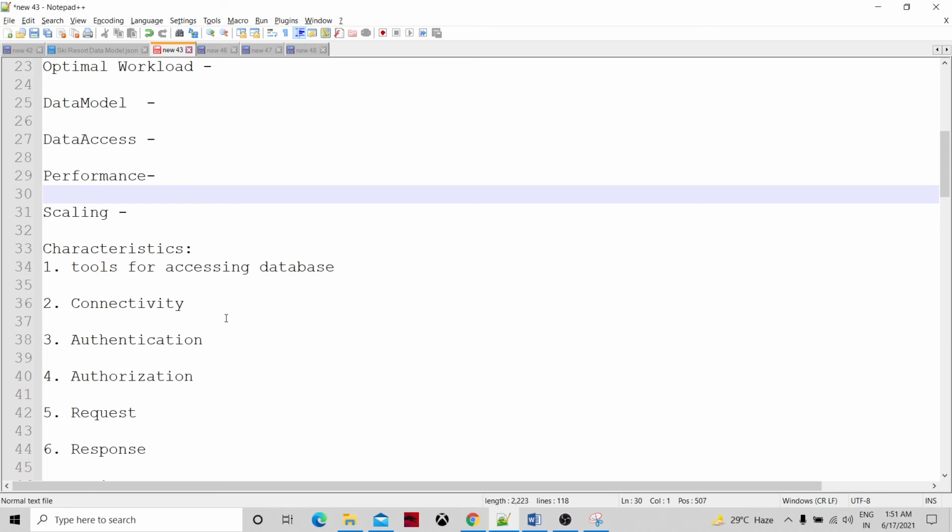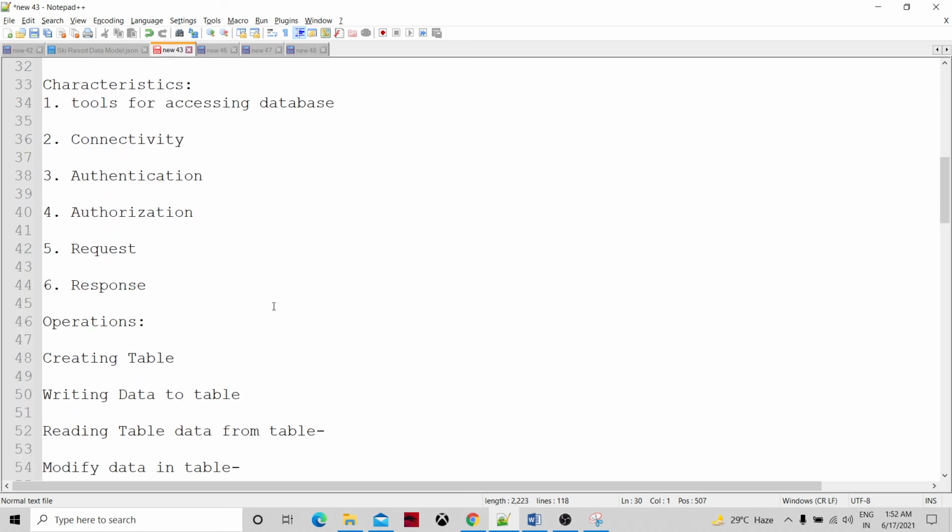Similarly, while receiving the response, the RDBMS returns the result of the SQL statement, and if there is an error, the RDBMS returns an error status with a message. In the case of DynamoDB, if a 200 message comes, the operation is successful, and the result is retrieved and accessed. So these are the different characteristics of how we access, how the connection is established, and how authorization and request-response work in both databases.